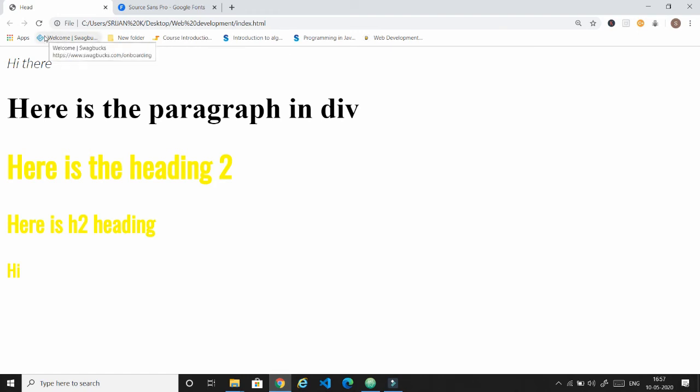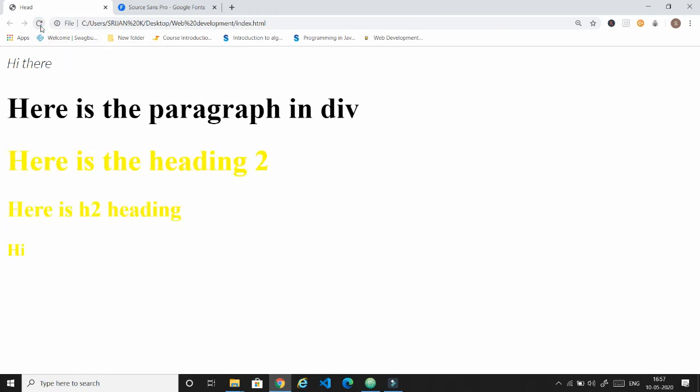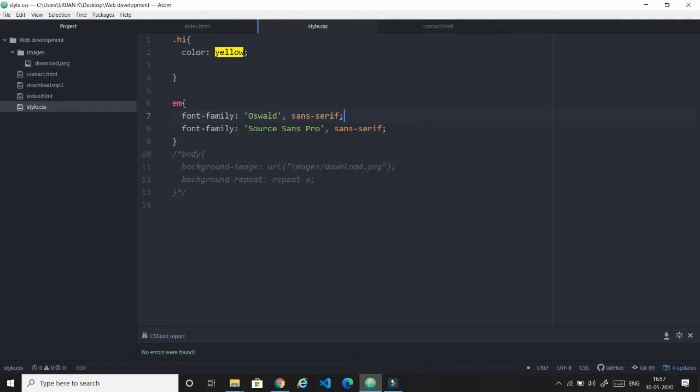So what will it take? You can see there is a mild change while we reload the page. At first it takes the font family Oswald and then it comes to Source Sans Pro, as the code runs from top to bottom. So at first it has Oswald, and as soon as it sees the font family Source Sans Pro, it takes that font family.